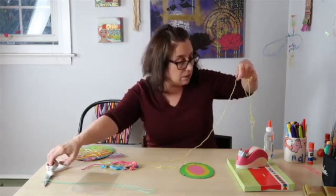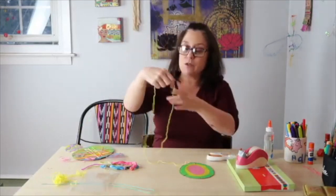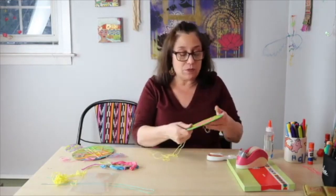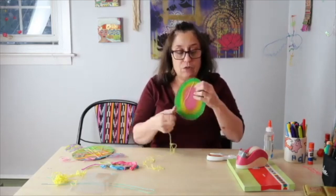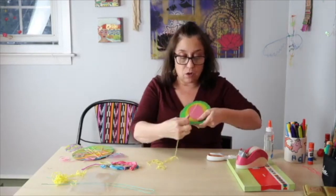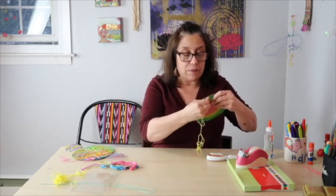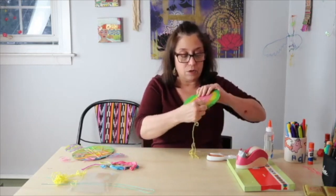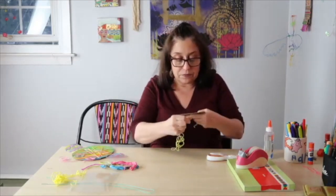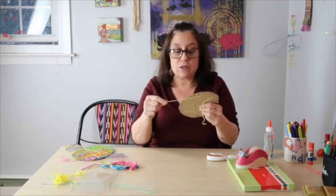And let me just cut a piece. It's going to get tangled. I made this kind of long. Usually I try and cut my string about the size of my arm. This one's a little bit longer, but it'll be fine. So you're going to go from one of those little slits that you made just across, and you're going to pull it tight, and you're going to go around from the back and go into another one like that, and you can go in any direction. See, I just made like a little star, and I can continue to go around and around